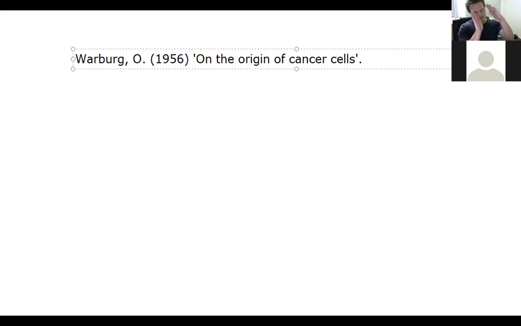Again, pretending this is italicized, we would have Science is the journal name. It's volume number 123. Number 3191 and pages